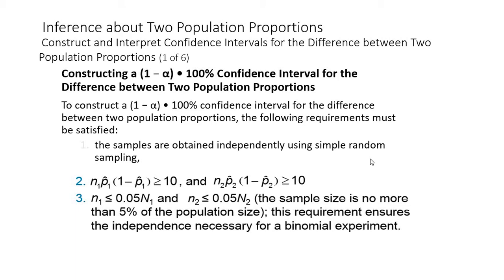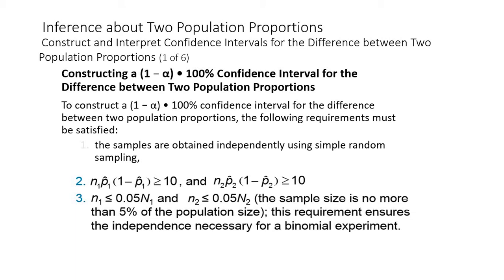We need also the sample size of each population to be no more than 5% of the population size. This requirement ensures the independence necessary for a binomial experiment. We're going to approximate the binomial experiment with a normal distribution. Because we have the mean, we can compute the mean and we can compute the standard deviation for the difference